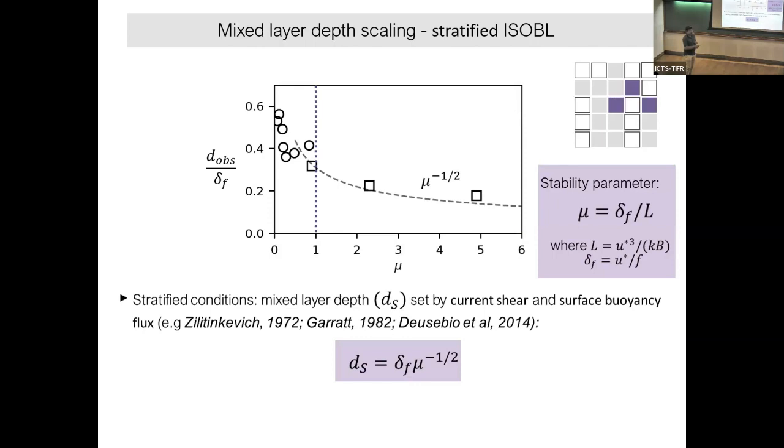Now, another scenario. When the stratification is important, I mentioned the Ozmidov scale, correct? This is here. You see that? So that means now background stratification is irrelevant. Now this new stratification which is evolving from freshwater is important, correct? So now we again have U star, F and B, right? Do all the permutation combinations, and you come up with only this scaling.